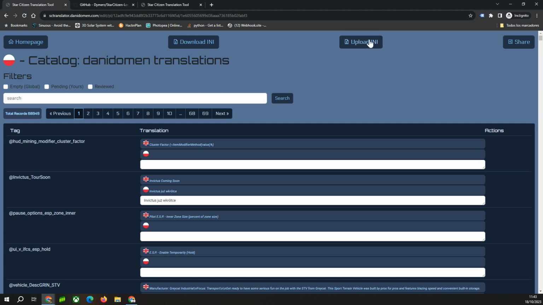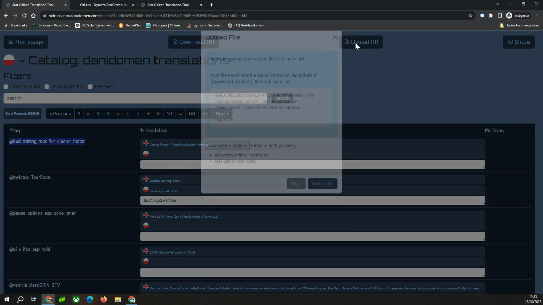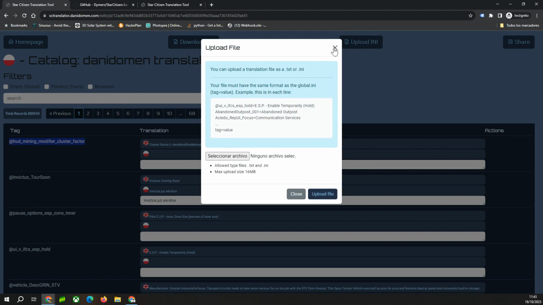Also, as admin, you can upload another file to your catalog, partially or completely, and this will be loaded with the text for the words that you put there. Okay, so with this you can make a complete update of every word.